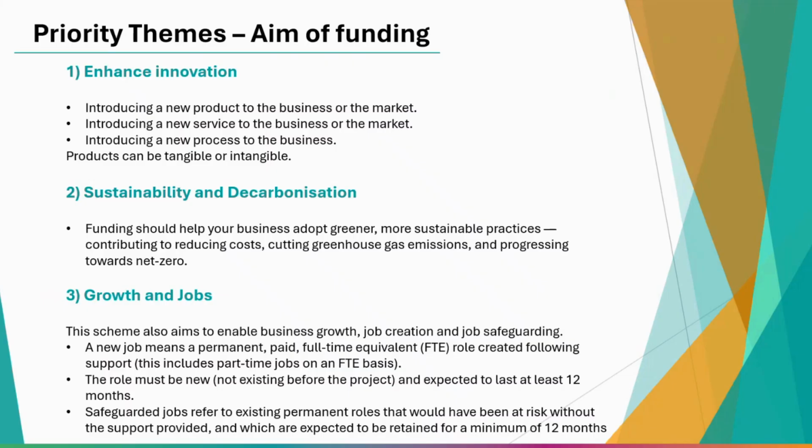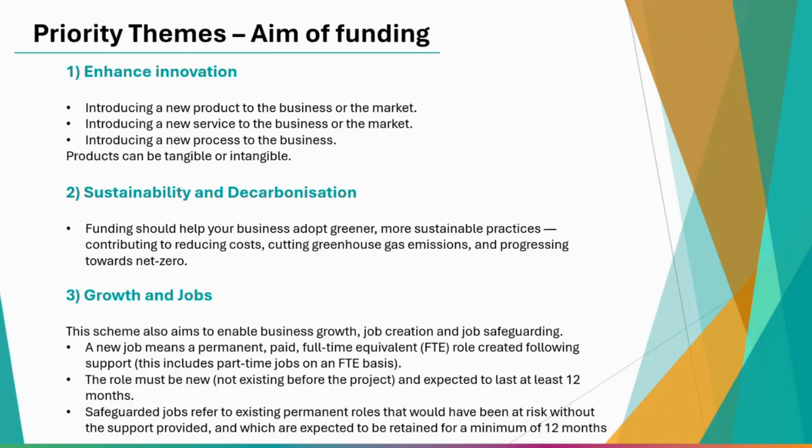The next priority theme is sustainability and decarbonisation, where the funding helps you adopt greener and more sustainable practices, contributing to reduced costs, cutting greenhouse emissions and progressing towards net zero. The final priority theme is growth and jobs. The scheme is there to help grow your business with regards to revenue and also with regards to job creation